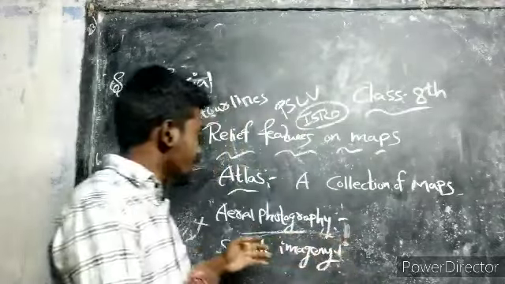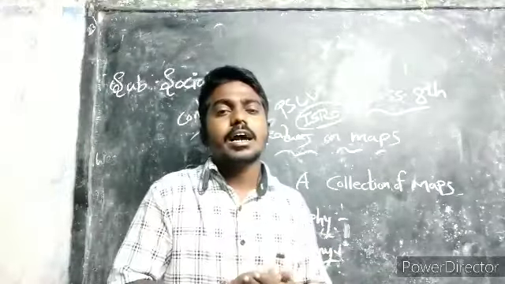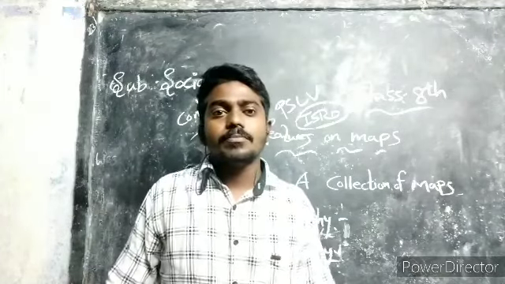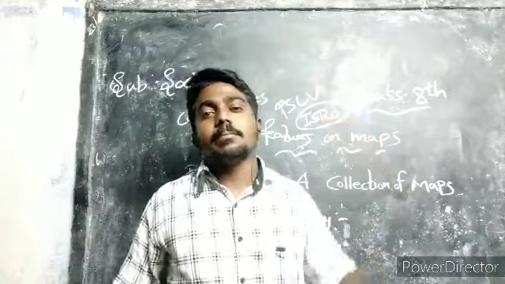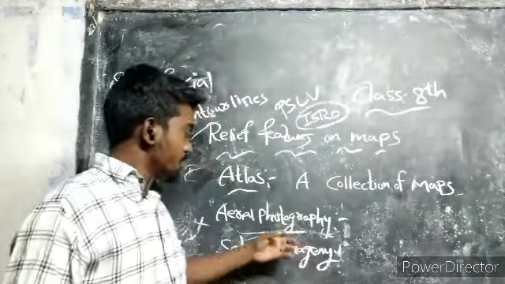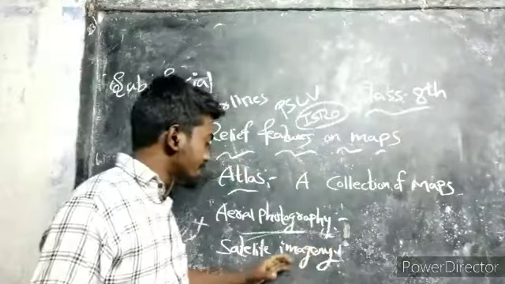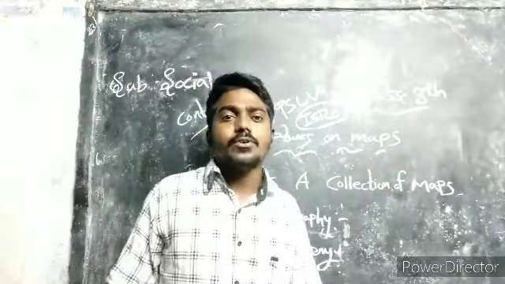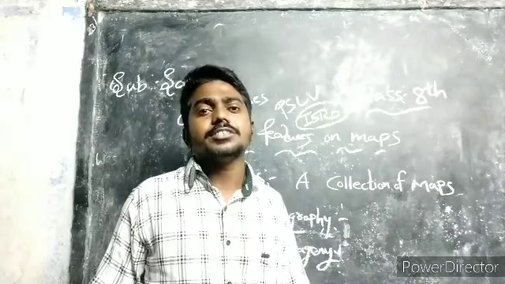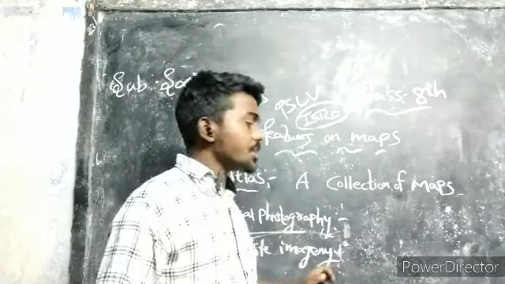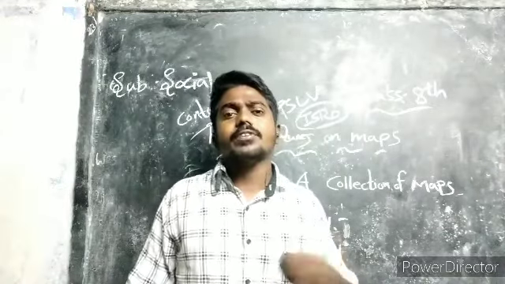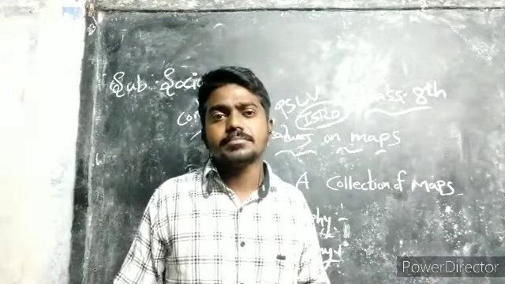And we discussed aerial photography, a technique of photography taken from a height using aircraft, helicopters and air balloons. Aerial photography is not a map. And next, satellite imagery is a photograph taken by artificial satellites in space. These are used in many ways: for warfare, forestry, meteorology, etc.